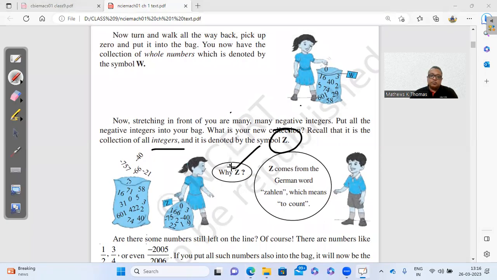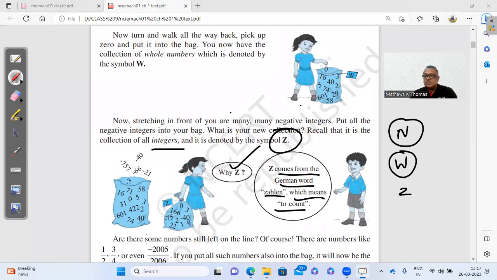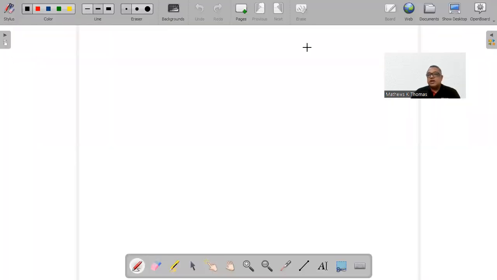Now, why is Z? Because Z is coming from the German word zahlen, which means to count. So natural numbers is N, whole numbers is W, and integers is Z, because Z is coming from a German word. It's not English, it's a German word zahlen, which means to count. Okay, so far we have done what are natural numbers, what are whole numbers, and what are